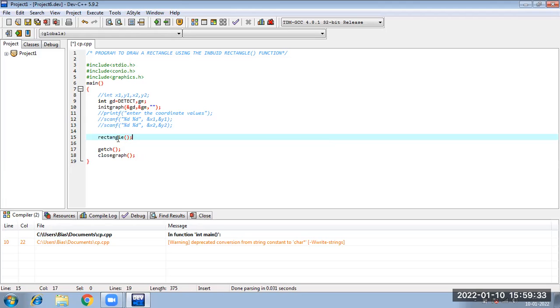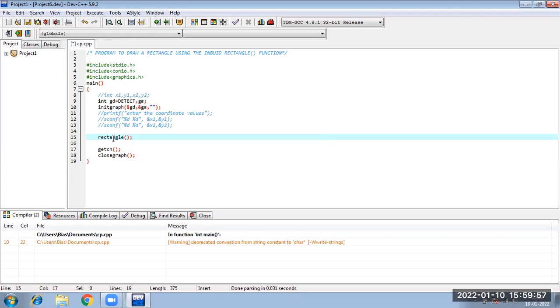Sorry. So 4 coordinates we need to provide. There is a function rectangle where you need to provide, see, left, top, right, bottom. For the left side, what is the value? For top, what is the value? For right, what was the value?